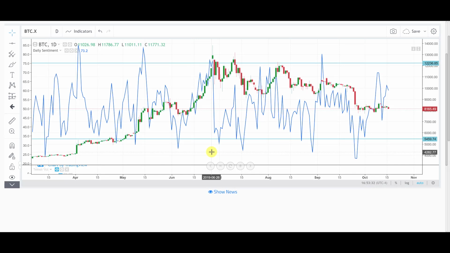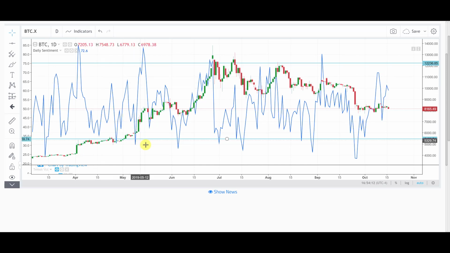All right, guys, so what we have here is a daily chart of Bitcoin, and we have the daily sentiment indicator, and that is provided by Tie.io. They specialize in looking at social media, and this is their proprietary indicator. What it does is basically show you when sentiment's high and when sentiment's low. So you can think of it like the crypto fear and greed index. It's another metric that we can measure to see when things are getting frothy. What I identified here as actionable levels is when we get readings that are above 75 on the sentiment